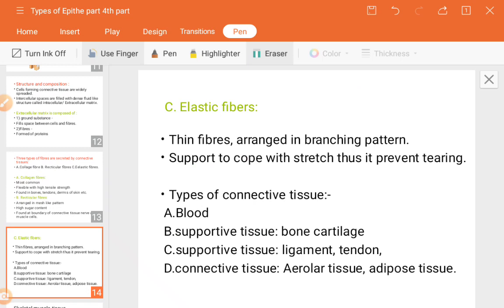Next component of blood is the WBC, white blood cells. The white blood cells are again of three types: neutrophil, basophil and eosinophil. Eosinophil is also known as acidophil. So all our WBCs contain a nucleus, and they help in fighting against infections and other diseases in our body, which occur for a temporary time.